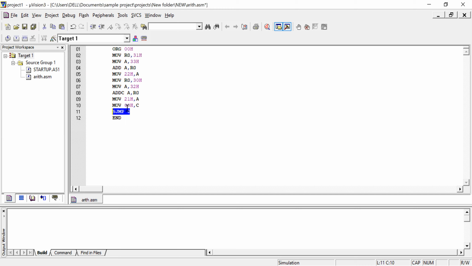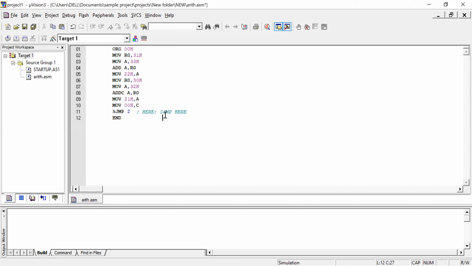See here, there is another way of having a simple loop. Here, colon, short jump here. Here is a label. It is a short jump to the here label. So this is a small loop that will be continuously executing.